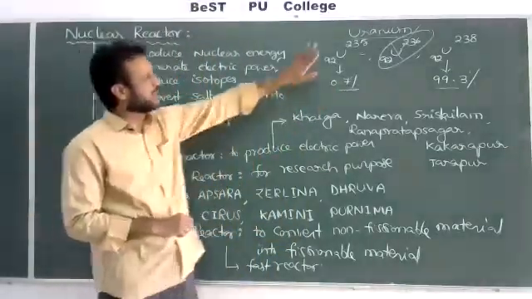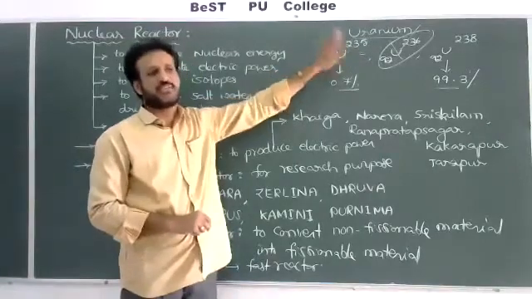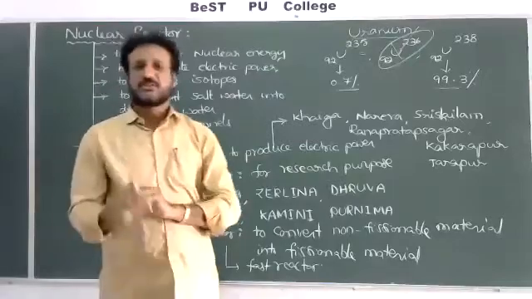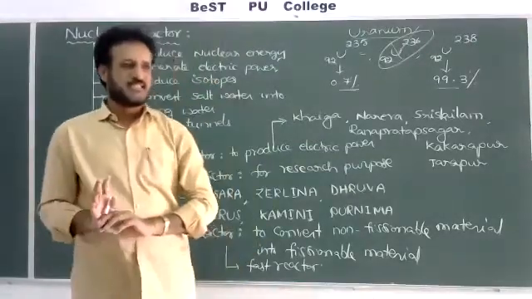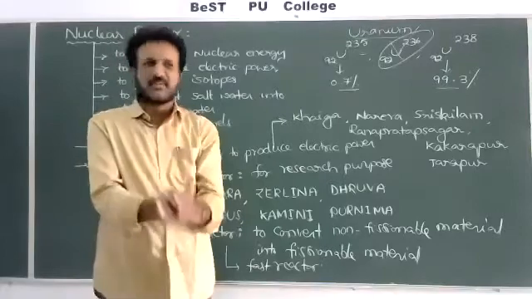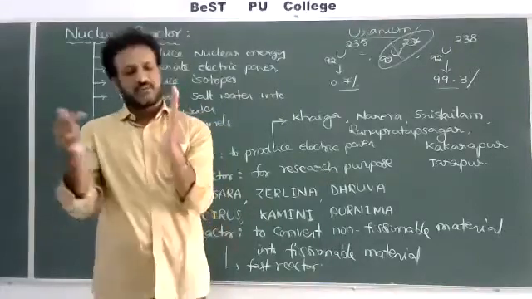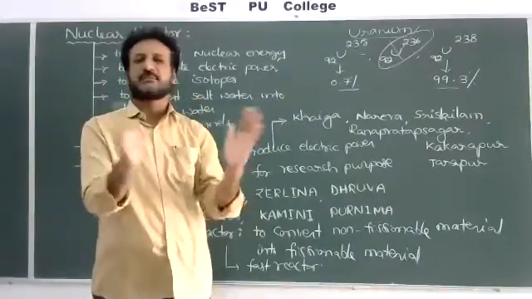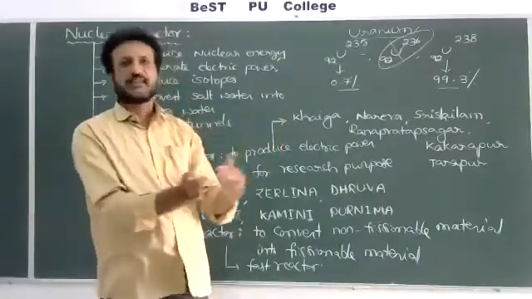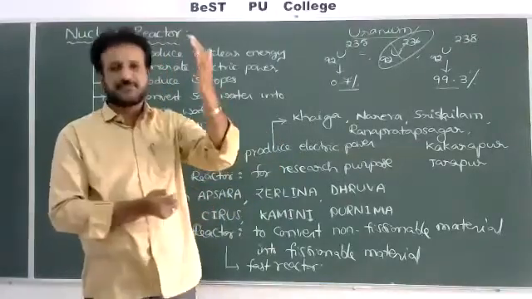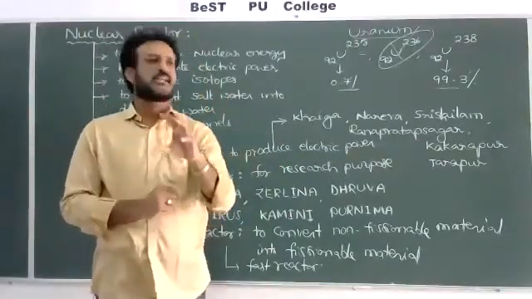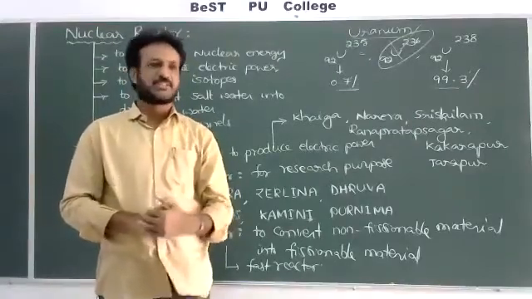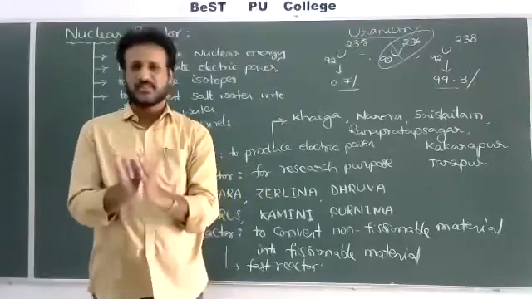But mainly we are using uranium 92-235. That's the only main problem. And one more important thing you have to remember: fast neutrons are not useful for the fission process. Always we have to slow down the fast neutron, so that they will collide and the energy will be transferred to all the nucleons, then uranium can break and the process will continue. That's why, to decrease the speed of the neutron, we have to use moderators like heavy water, graphite or beryllium. Such types of moderator you have to use to slow down the fast neutron.